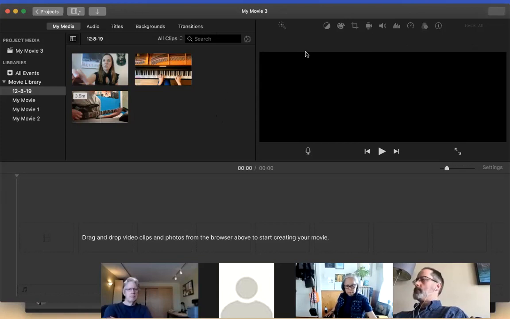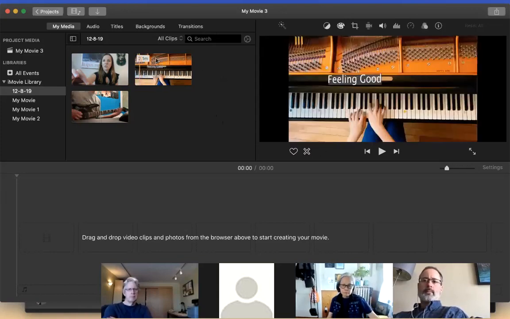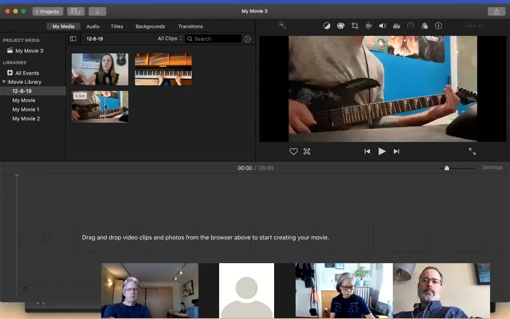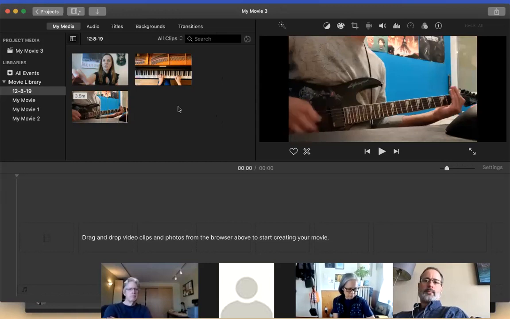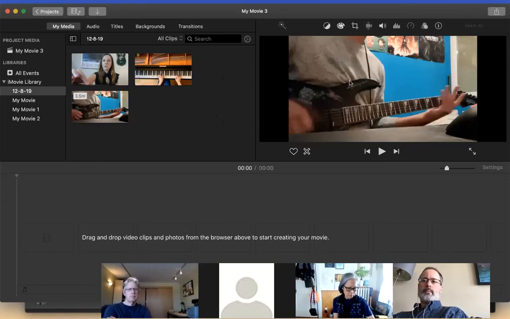So the differences there are, the top left window is your library, containing all of your media that you've imported. The top right window is your preview screen as well as your editing screen for editing the colors, the cropping, the audio, that type of stuff of the video.